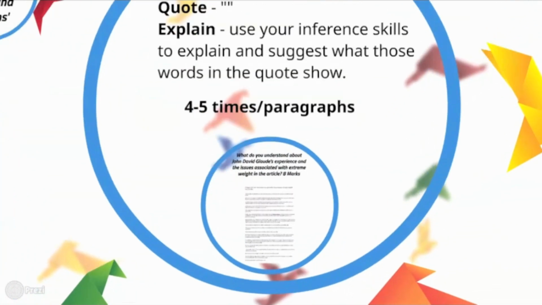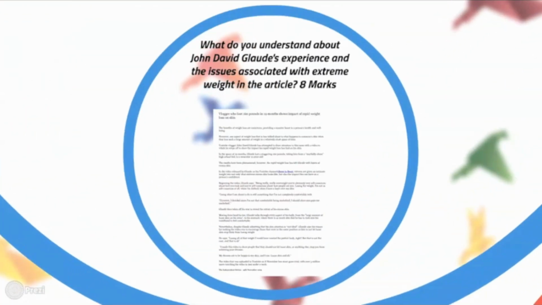Okay? So the extract I have is from The Independent Online, and it was accessed at the end of last year. It's a news article about a man called John David Glaude, and he used to be quite overweight, and he has gone through an amazing transformation, put in a lot of work, and he's lost an extreme amount of weight. So what I'd like you to do is read through this article, which is available on my website, asiaexams.wordpress.com, so you can get a free download of it on there,